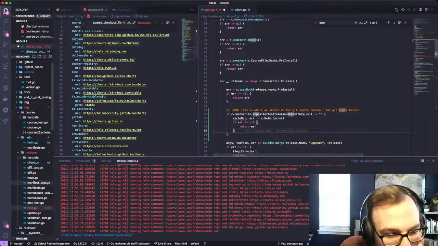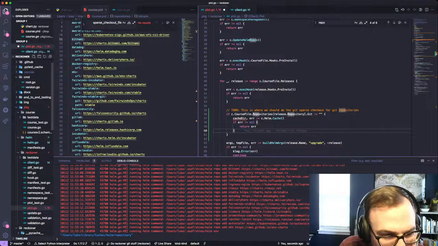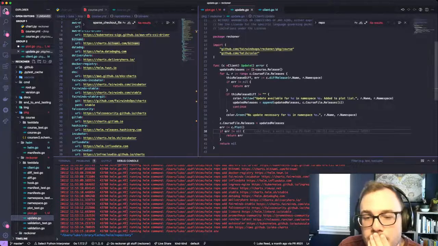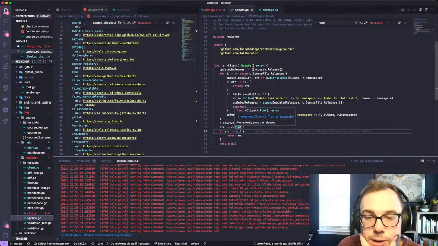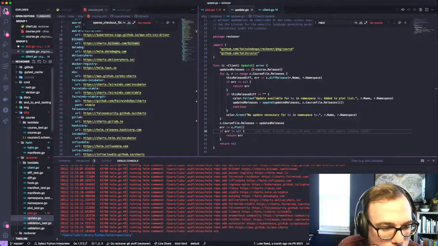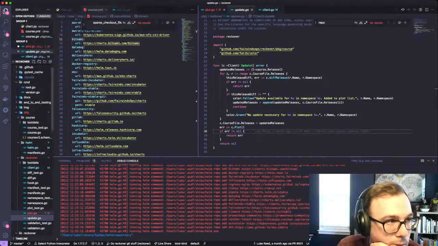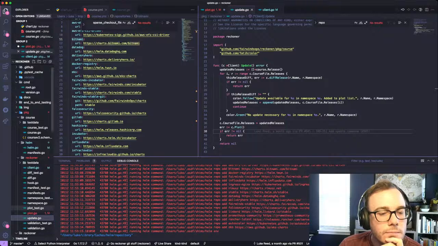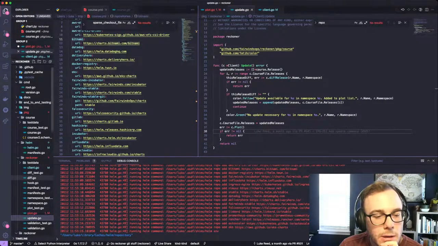Now, this is only in the plot area, though. Is this what we want? Let me do update. Let me see. This is the only other place where we might actually run install. Okay, so it runs plot also. That's good. I think plot is where I want to do this, because the rest of this is kind of just like,